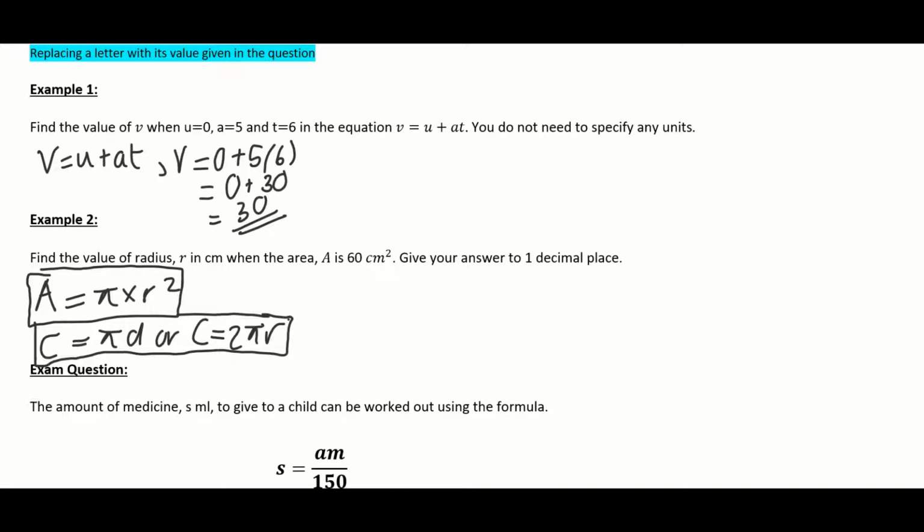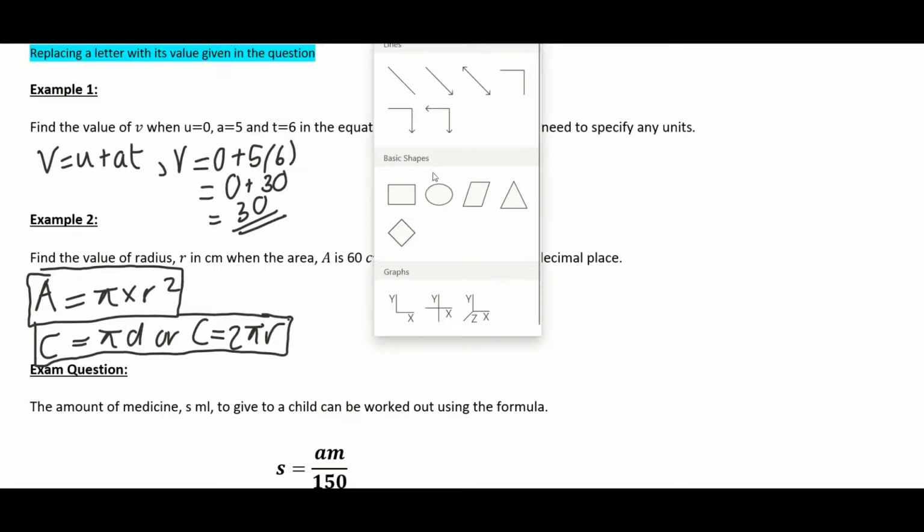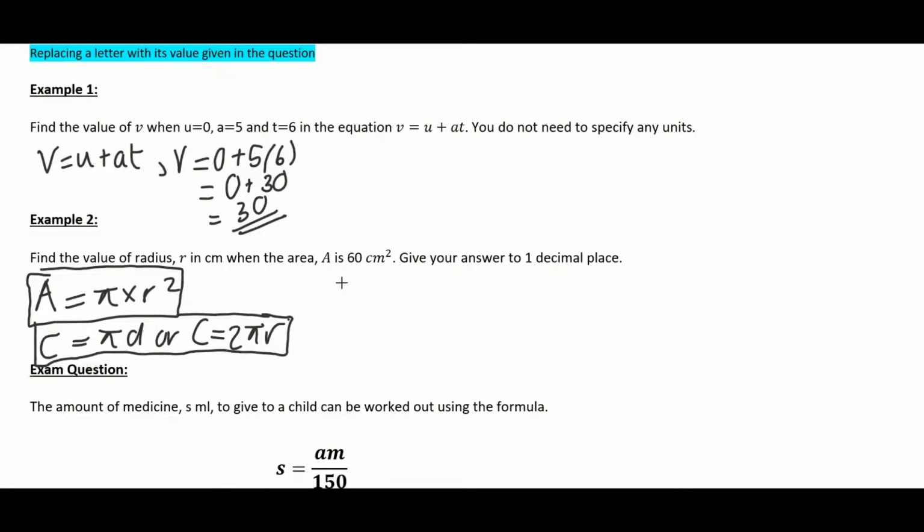Why did that rub off? Okay, that's our circle. Now let's annotate the circle. This is our center, this is our radius,